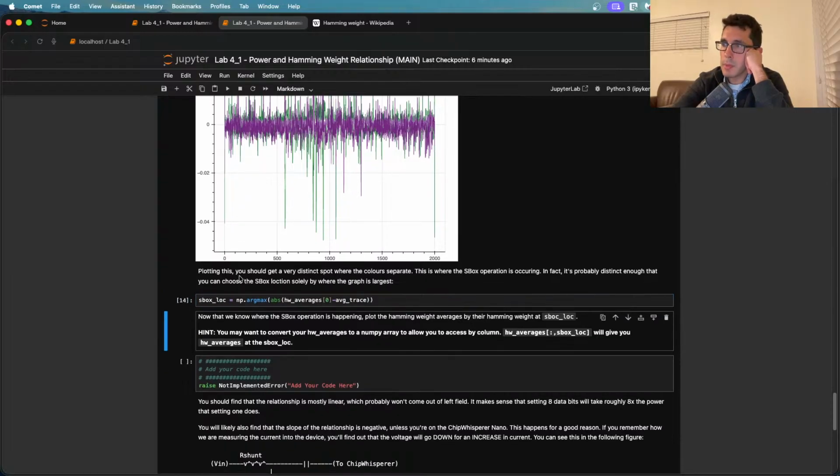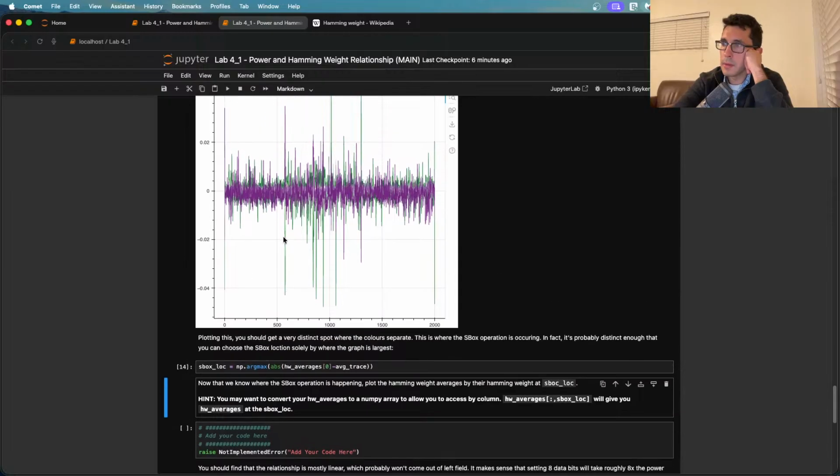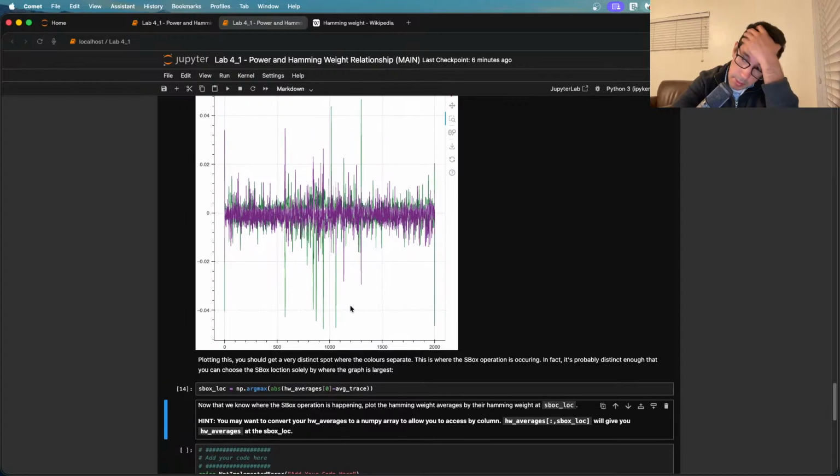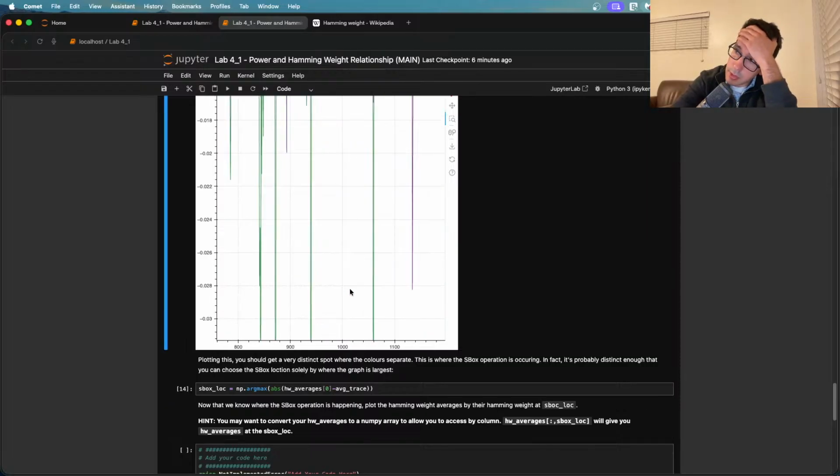Now that we know where the S-Box operation is happening, I mean, I suspect it's happening. I don't really know what's happening based on this. I mean, some of these green colors